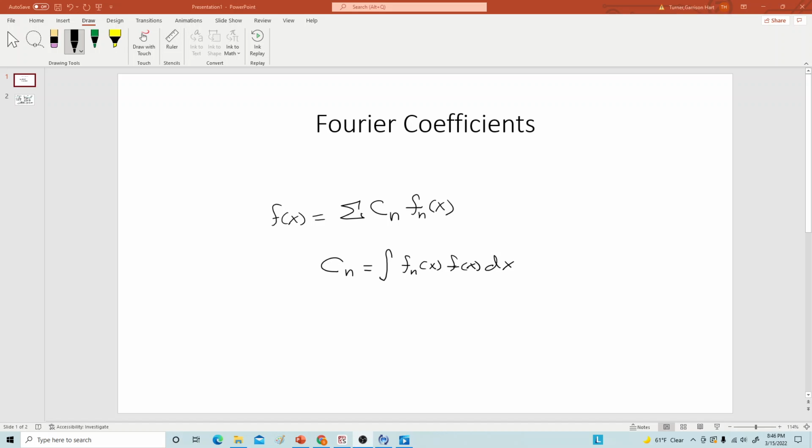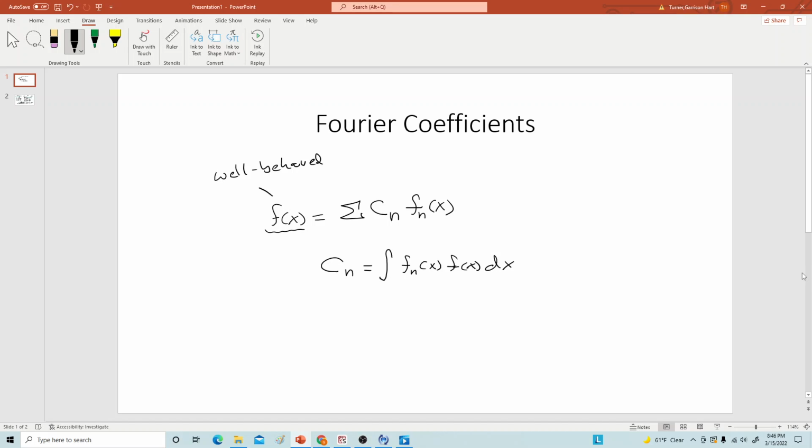But the idea is this: if you have a function f of x, this function needs to be a well-behaved function, okay? And what do we mean by well-behaved? Well, it can't have weird discontinuities, and the derivatives have to be defined everywhere on the interval that you are thinking about or trying to calculate the function on. But as long as it's a well-behaved function, then you can expand that function in a series of what we